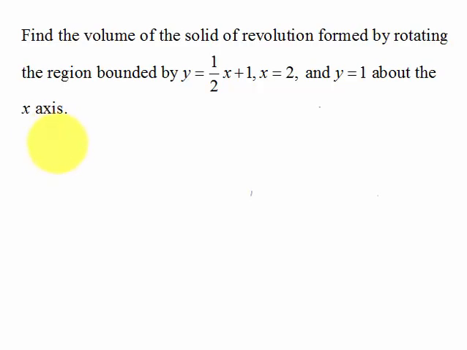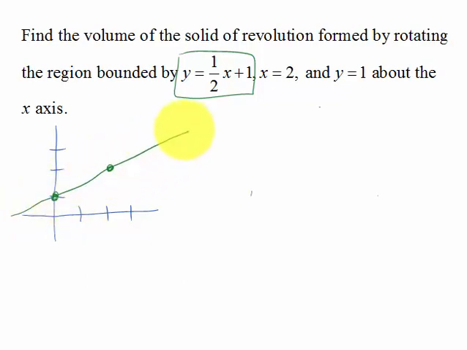So first we need to sketch our region again. So we'll go ahead and put that region here, and we'll make this kind of spread out a little so we can see what we're doing. So we need to plot the line y equals 1/2 x plus 1, so it has a y-intercept of 1, and we'll go up 1 over 2. So there's our line, and then we are going to plot the line x equals 2